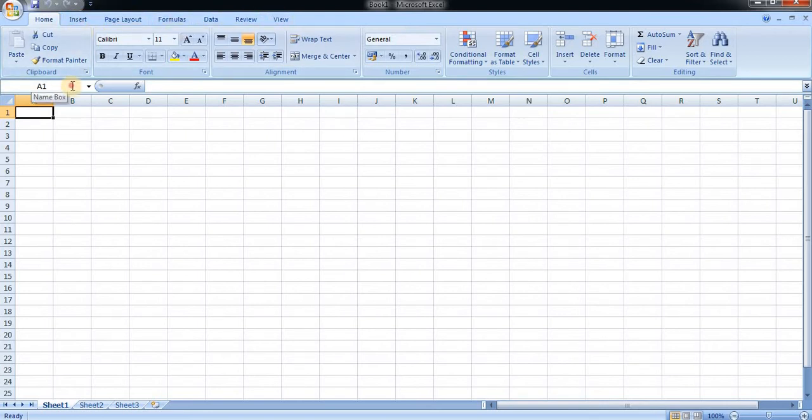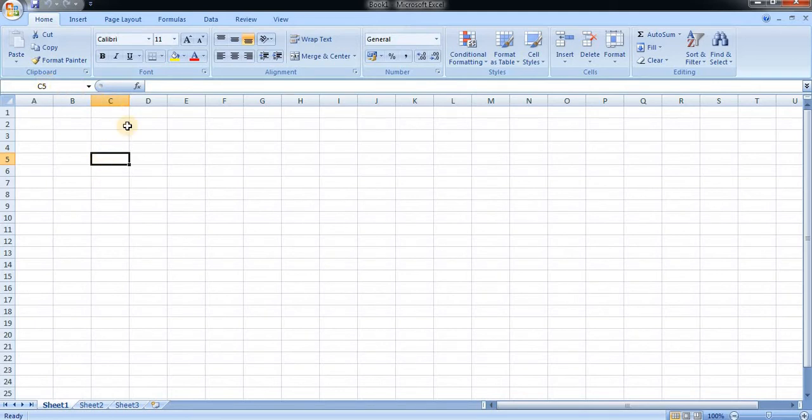Now coming on to this, which is known as the name box, which shows the particular name of the particular cell. For example, if I click this cell, it shows D4, which is the name of the cell. If I click over here, it will be G2, so it shows the name of this cell as G2. Similarly, if we click over here, it will show C5, which means the name of this cell is C5.